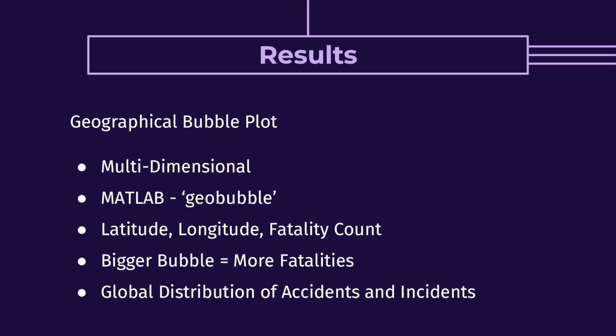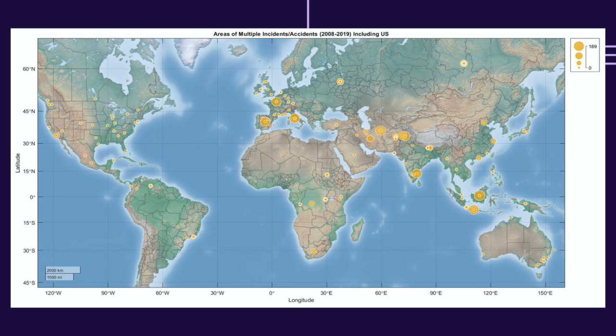The color terrain as a base map property supports our understanding of the type of environment the incident or accident occurred in. From the plot, it is evident that the United States has a higher cluster of accidents and incidents due to the higher frequency of plotted bubbles on the map. However, the size of these bubbles are mostly small, suggesting a high frequency of non-fatal incidents. Regions of high fatalities include Western Europe, Central and Southeast Asia, which is illustrated by the larger relative bubble size.